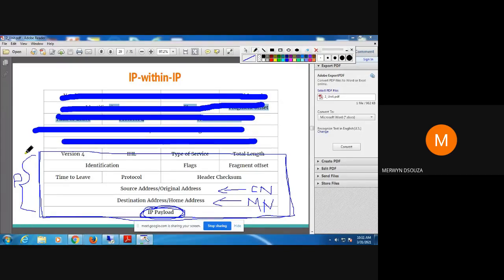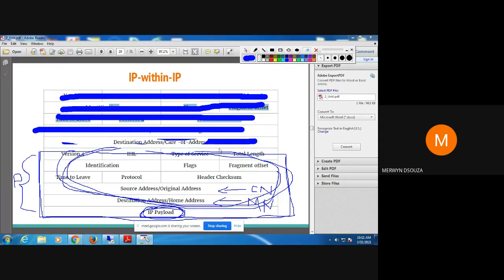To this packet, your home agent now puts this header part.